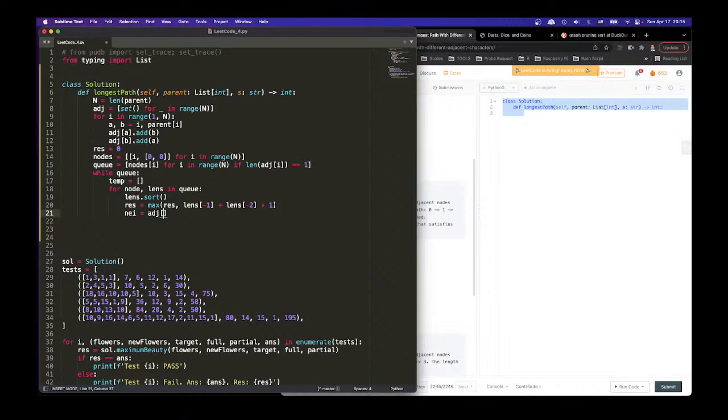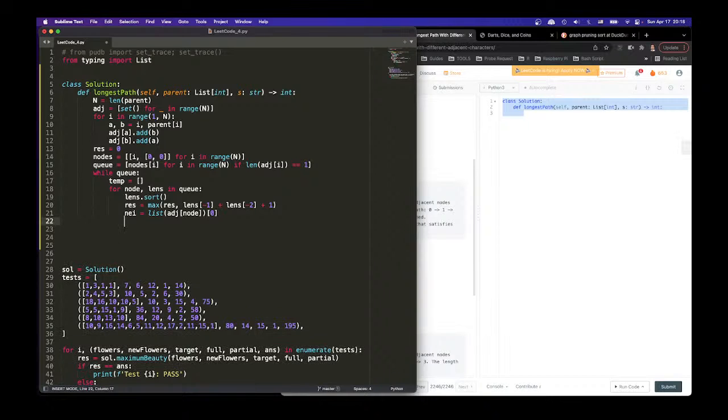So I say adjacency list node, right? Adjacency is a node, and then turn this into a list, and then grab it. Okay, so that's my neighbor, and